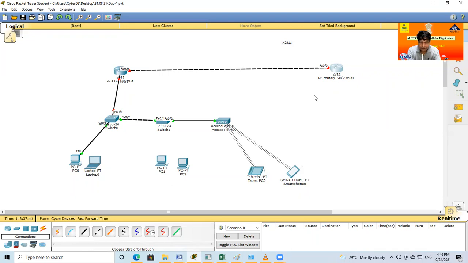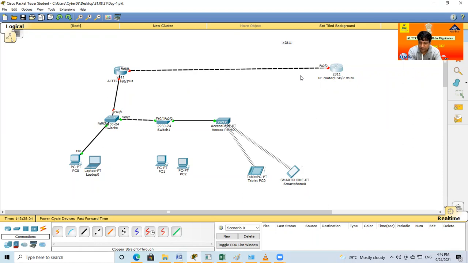Again I repeat, last time we discussed different types of cable. We discussed three types of LAN cable: the crossover cable, the straight cable, and one more cable. This one has a different name due to the connector.